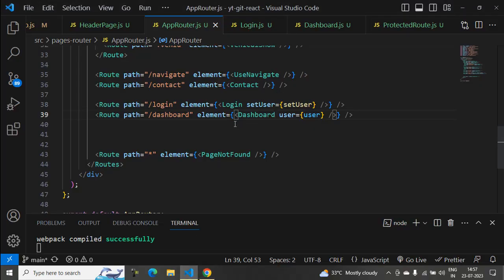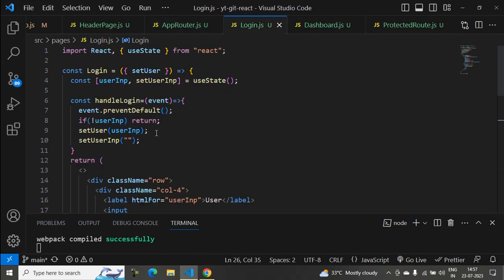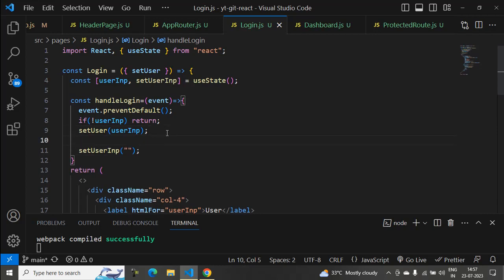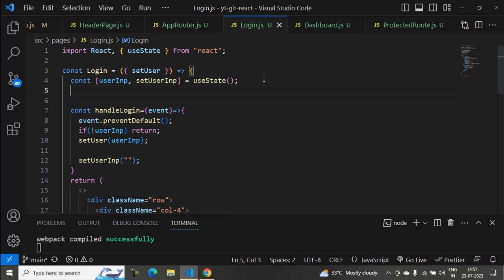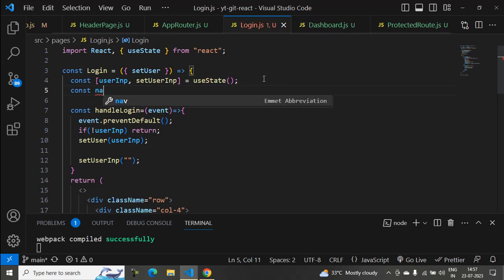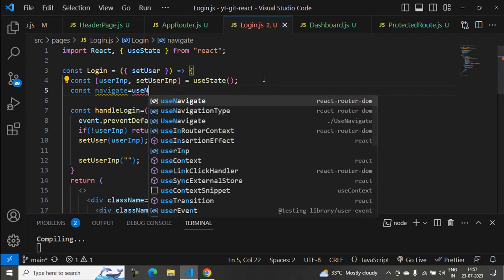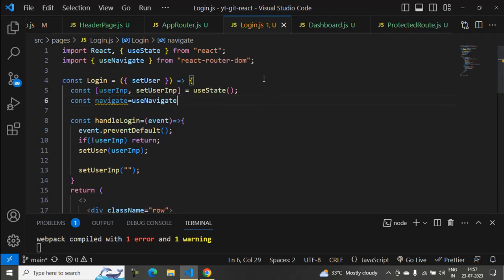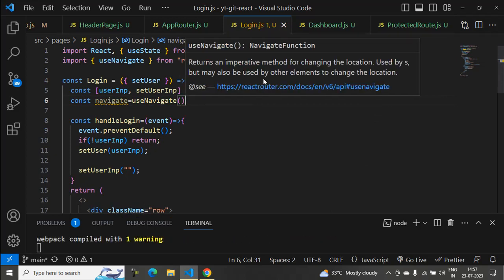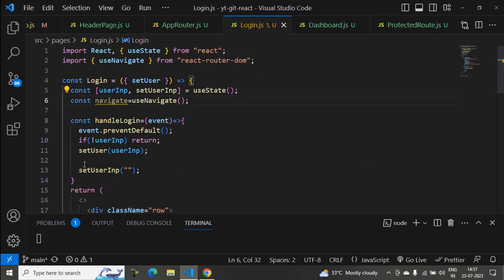How we can pass to the dashboard? This dashboard we need to call in the login. Where we can call this? Here. For that we need to create one const navigate equals to, we'll take the useNavigate hook. So here when you click this login button, it has to move to the dashboard. So navigate,